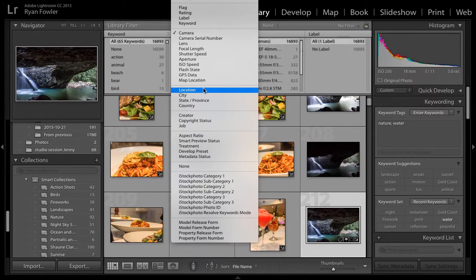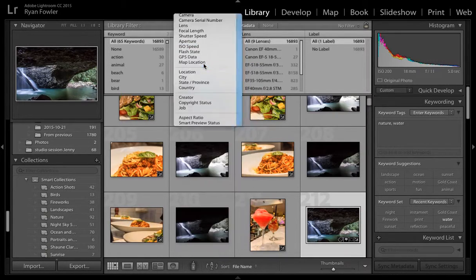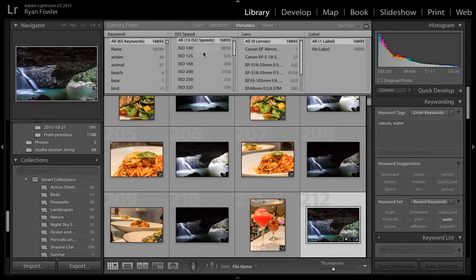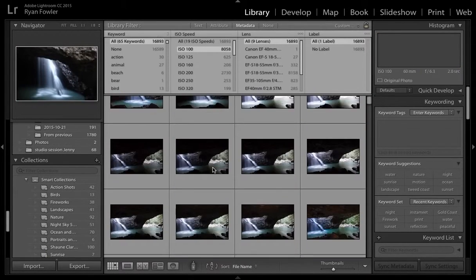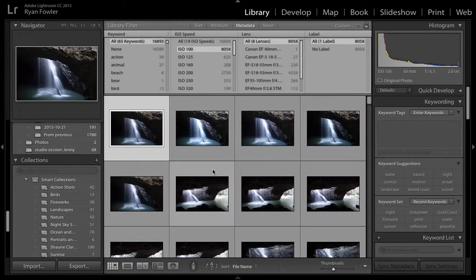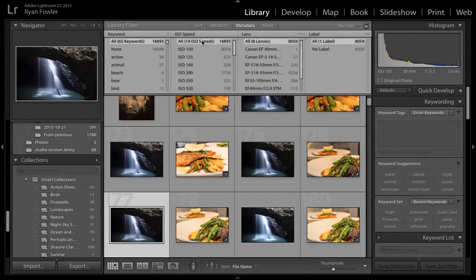So you can choose location, city, all these different options. That's from a plugin that I've got installed for iStock, which is coming up as part 6 in Lightroom Logistics. For example, if I wanted to search ISO speed, majority of mine have been shot at ISO 100, but here I can go through and see all of these different ISO speeds. So if I want just shots at ISO 100, which obviously all these ones are, I can do that. Or if I want a specific lens, it could be,